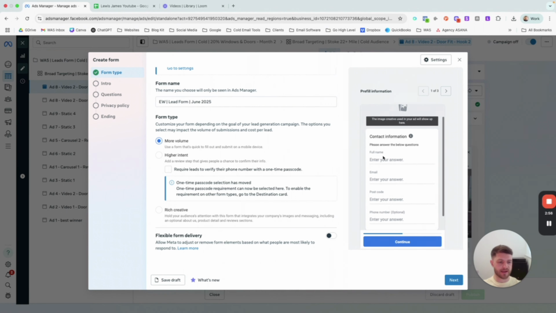But generally speaking, it tends just to ask for first name, full name, email, postcode, phone number, etc. But it's really good when, like I said, your ad account has got no prior data. Next, a little bit of higher intent one. Essentially, it's the same as more volume again, but it just has, as you can see here on the left